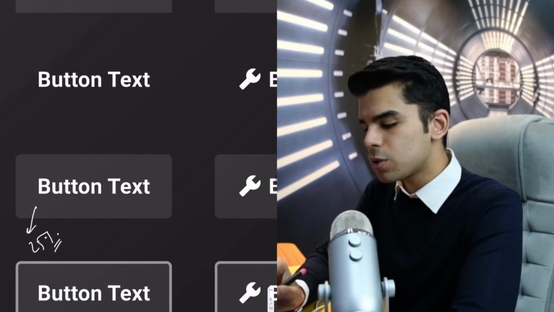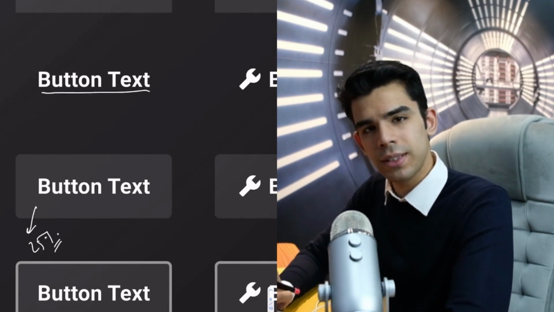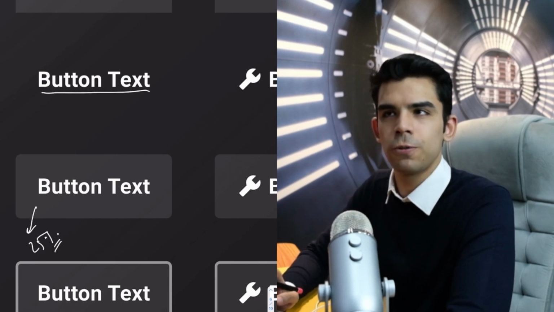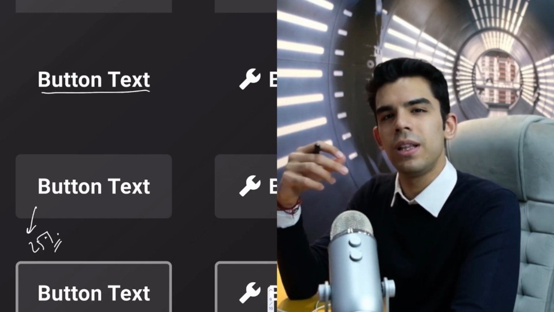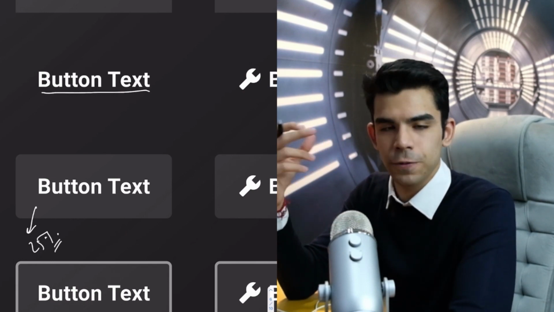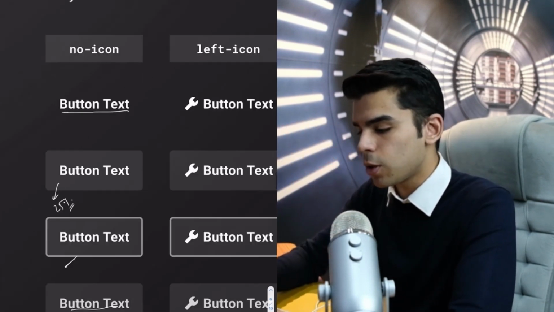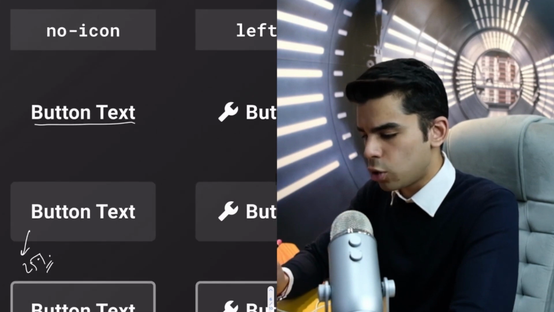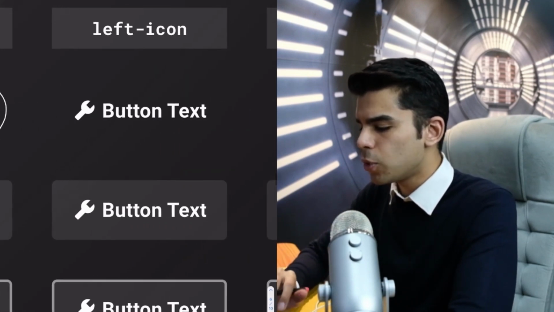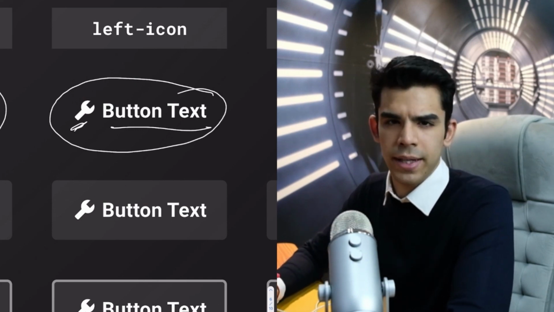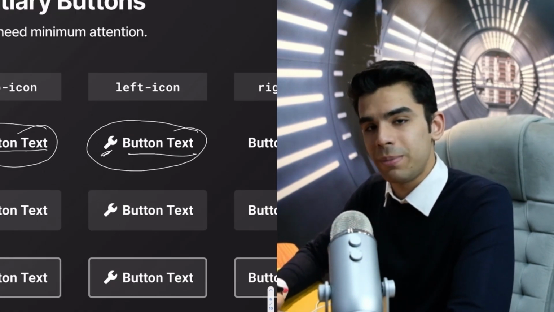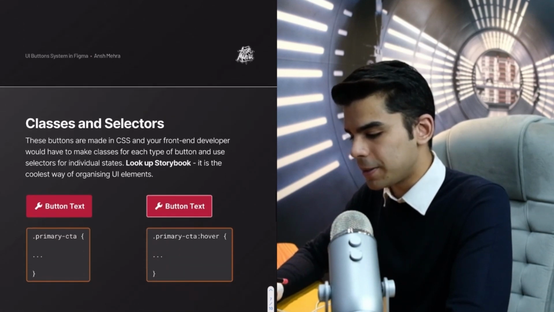A lot of people also add an underline to the tertiary state simply because it feels more clickable, because without a button, without a stroke, or without an underline, a lot of people feel that this button is not intuitive enough. So if you feel that you need that, you can always keep that. This problem usually comes in no icon labels. But in most cases, when you have an icon followed by a label text, then people know that they might be able to click it. But putting an underline always makes it super, super clear.